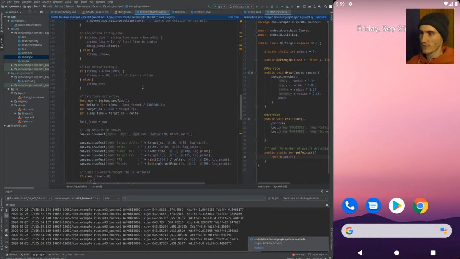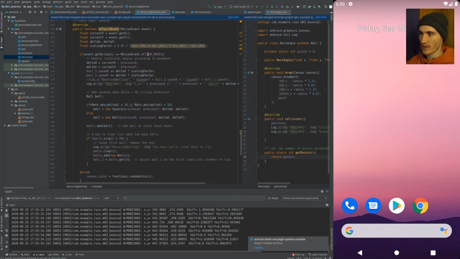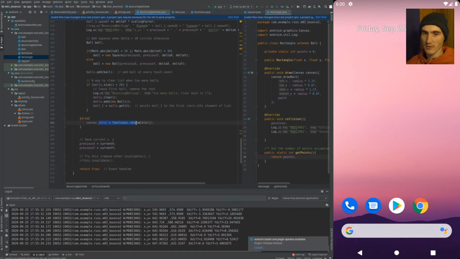And if we come down here to the on touch event, whenever there's not an action move, we get a canvas color change. So this function.randomColor, if we go to my functions class,